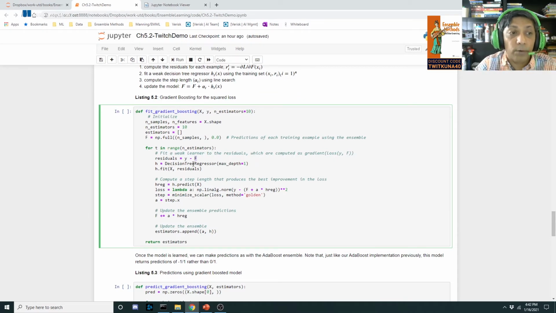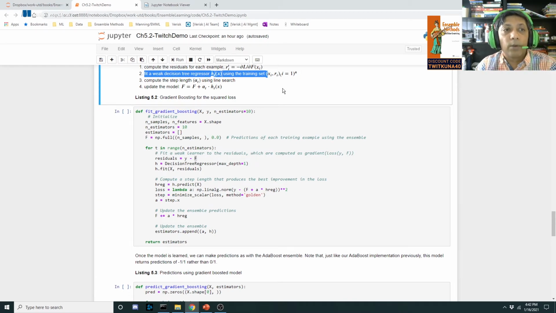It's obviously going to be different for other loss functions. If you want to use cross entropy loss, then you'll have to replace the residual calculation with the negative gradient of the cross entropy loss, or any other loss function that you want to use. Once we have the residuals, our next step is to fit a weak decision tree, a regressor, to this surrogate data set that we've constructed of your data points as well as their corresponding residuals. And to do that, we will use scikit-learn,